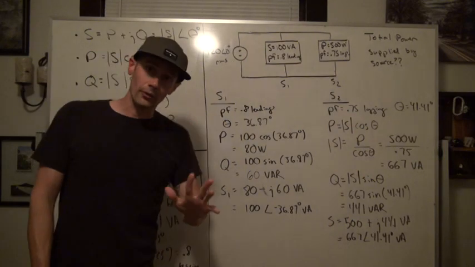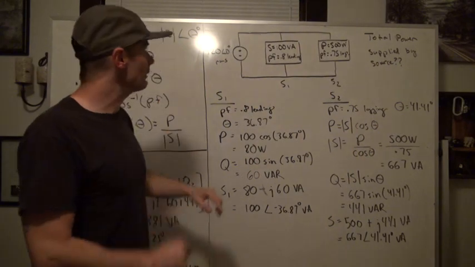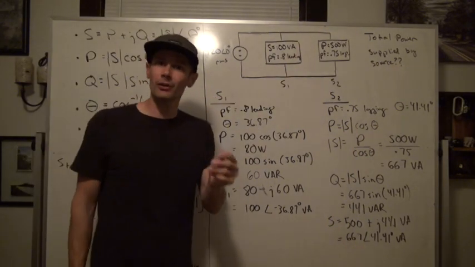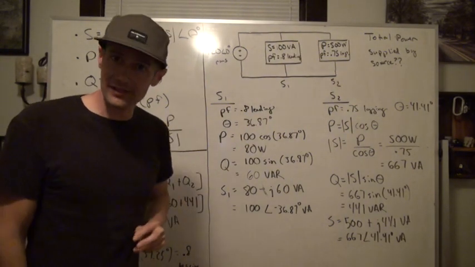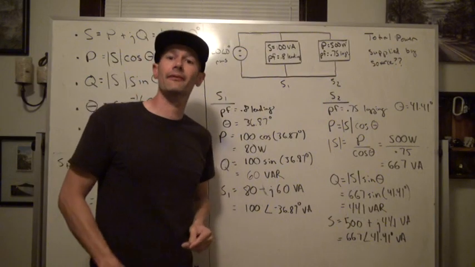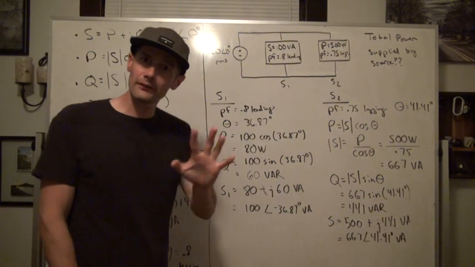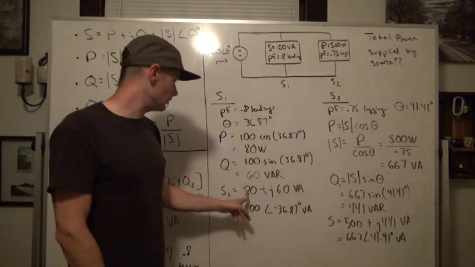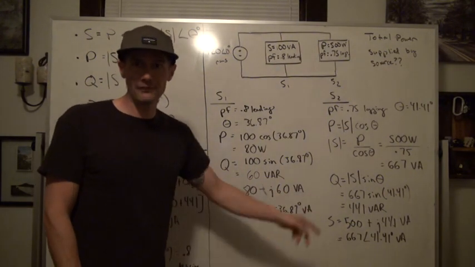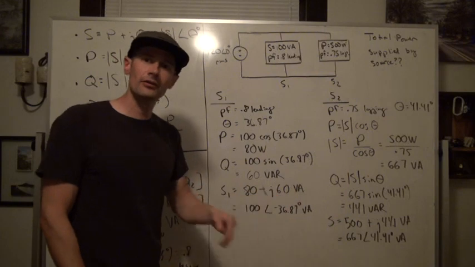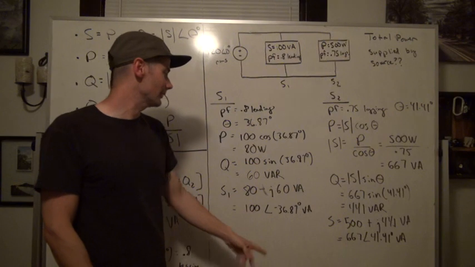But we know that this says power factor of 0.8 leading. A power factor of 0.8 leading means that we're going to have a capacitive system, because the current leads the voltage, and that is capacitive. Capacitive systems have a negative reactive power. So all we have to do to know the rectangular form of the complex power is say 80 minus j60 volt-amperes. And if we convert that into its polar form, sure enough, we have 100 at an angle of negative